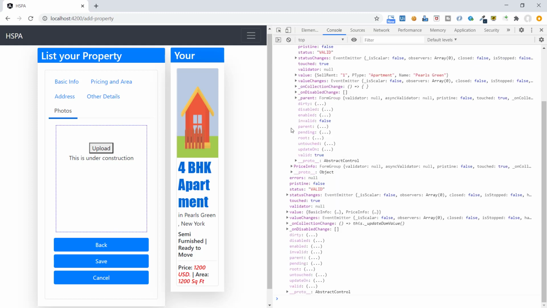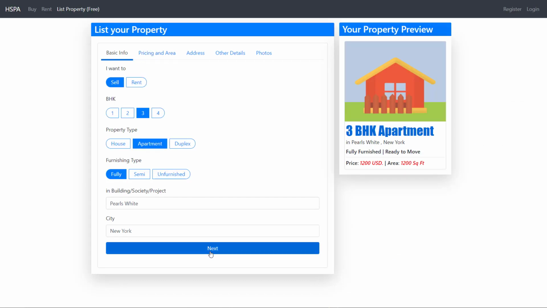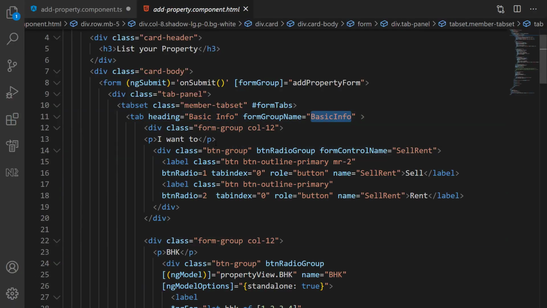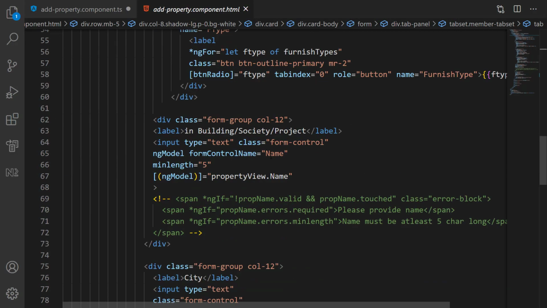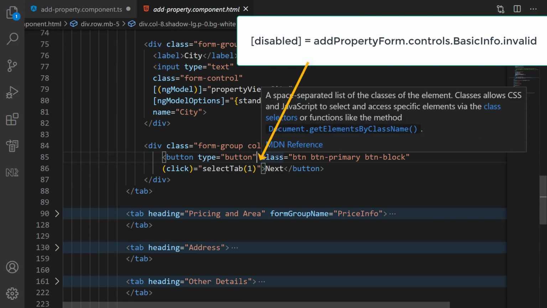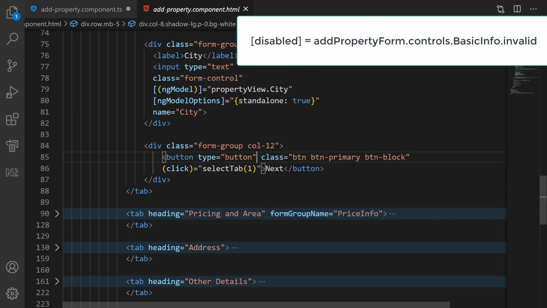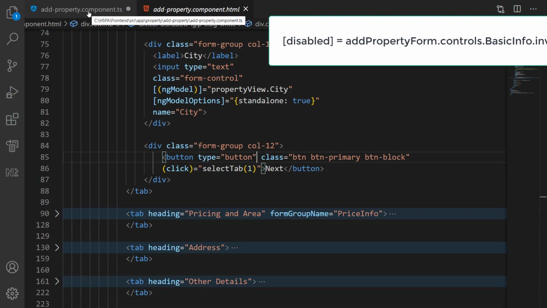Let's look at how to validate these form groups and disable this next button if all the mandatory basic info is not provided in the first tab. We can directly use this statement here at HTML level to disable the button. But as we have learned in our reactive form lesson, we can keep our HTML code smaller by creating a getter method at component level.